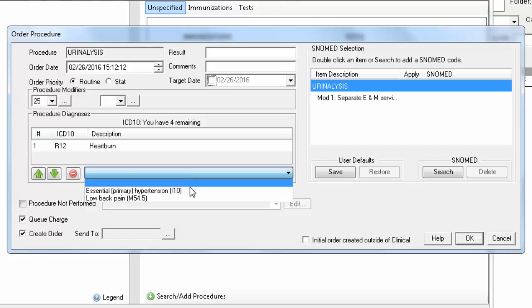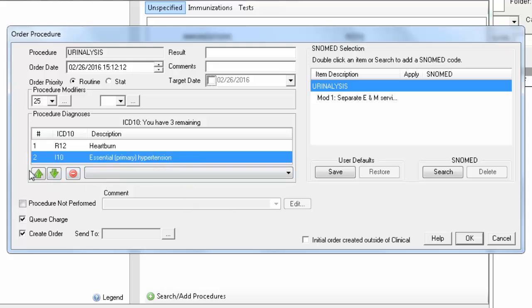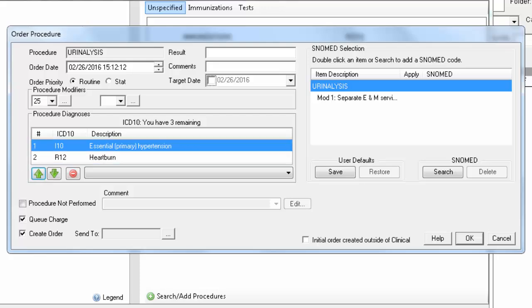You also have the ability to modify the order of the diagnoses by highlighting the code and using the green up and down arrows to move its position. This is important for billing purposes, especially if you are sending charges electronically from clinical to practice manager. Speaking of billing purposes and sending charges electronically, if you are charging for this procedure, make sure the Q Charge